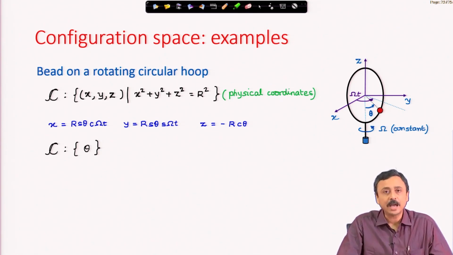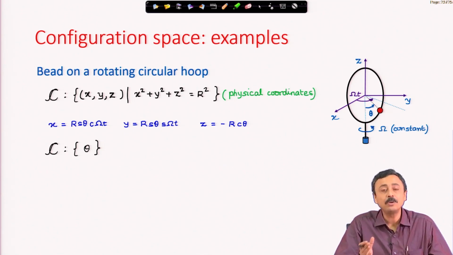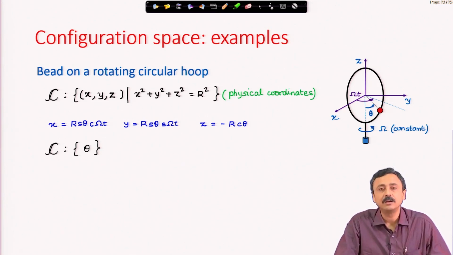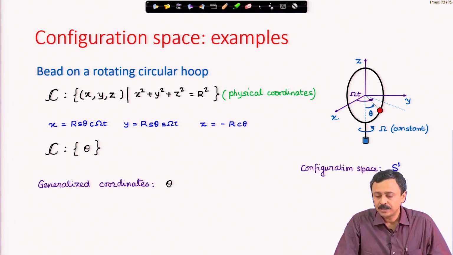Of course, time will also be very important, because that will tell us how much the hoop has rotated, but the configuration space is represented by only theta. I can locate the bead. I will need the time as well, of course. The configuration space is